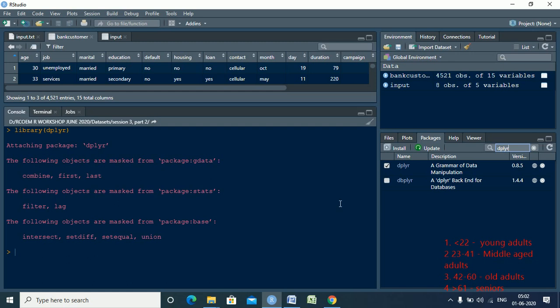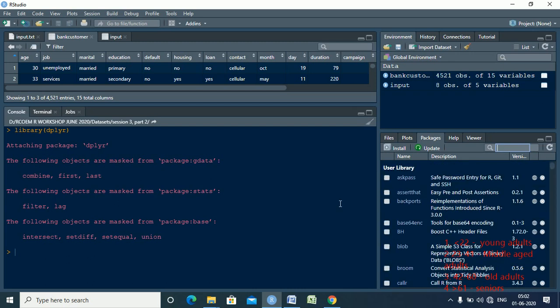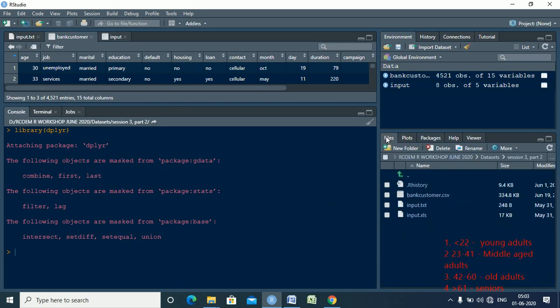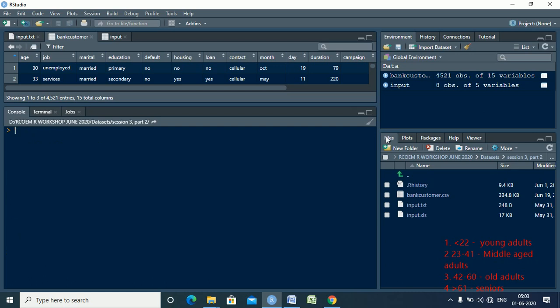Even if you see an error which says function not found, it basically means that you have not chosen the concerned package in which that particular function is embedded. So whenever you find this error, you have to go and check your packages and see whether the concerned package has been selected or not. Right, so we have called for the library. Now the first thing we want to find out is the maximum and the minimum age.